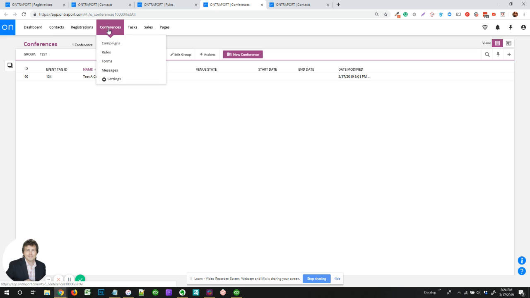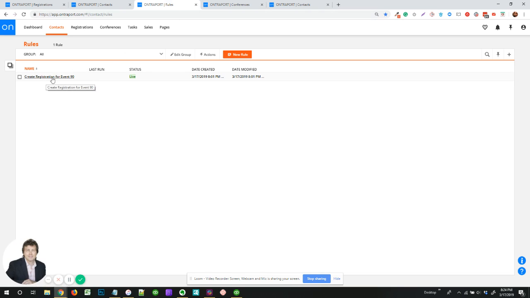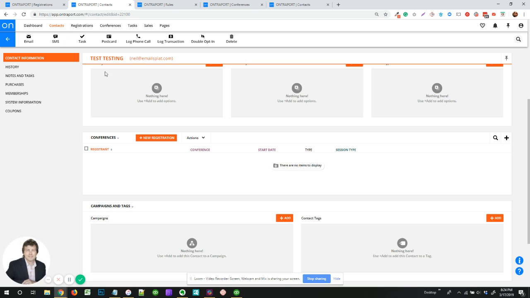And so now, not only did I do that, but I also created a rule in the contacts record, also using the API in Zapier. So I created a rule automatically, totally dynamically, that says we're going to create a registration for event 90. So when I go into a contact now, here's a test contact, you will see that I have no registrations to events. Here's where you would see the conferences I had been to. I have nothing. So if I go over here, I can search, and you will see that now I have a tag, test day conference. I add that,